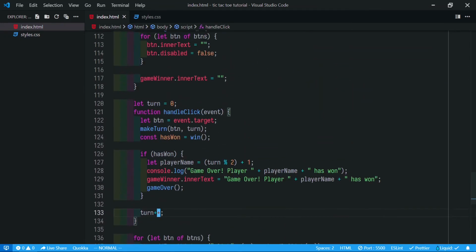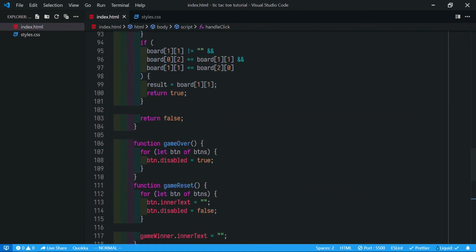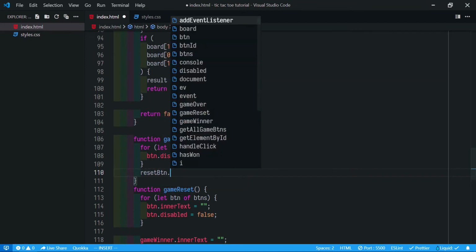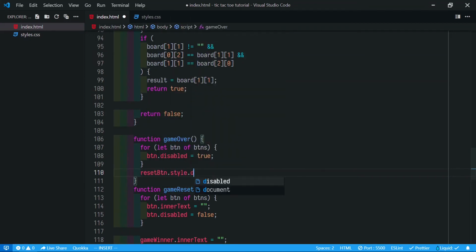Okay, so by default it is hidden, so when the game is over we have to make it visible. So we say reset button dot style dot display inline block. By default the button is inline block, but we made it none, so we are resetting it to inline block.